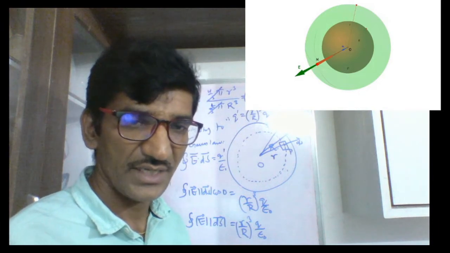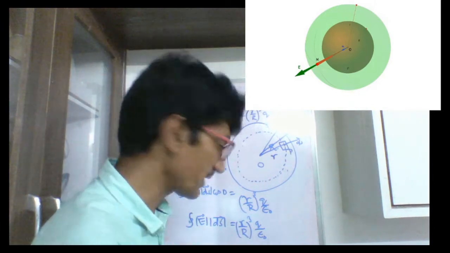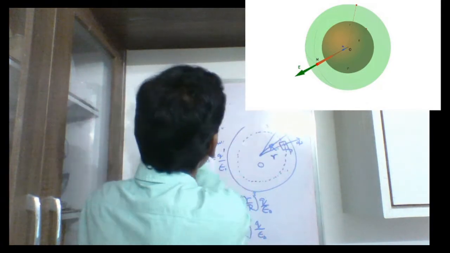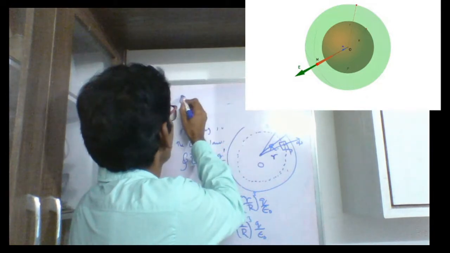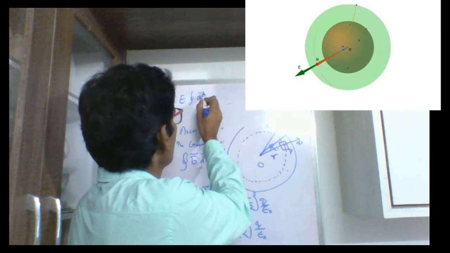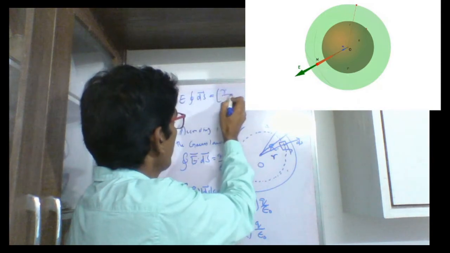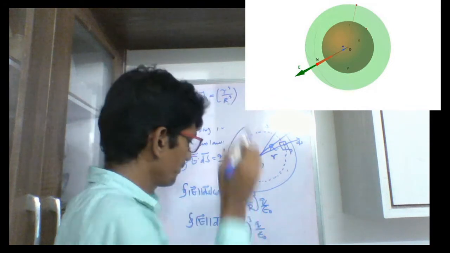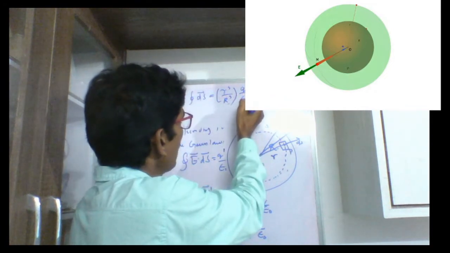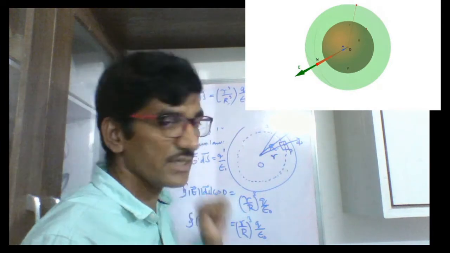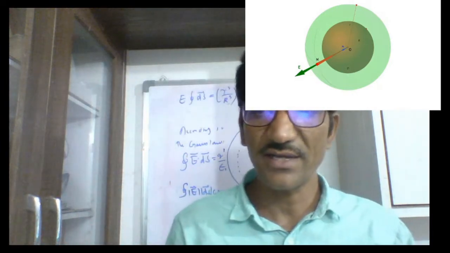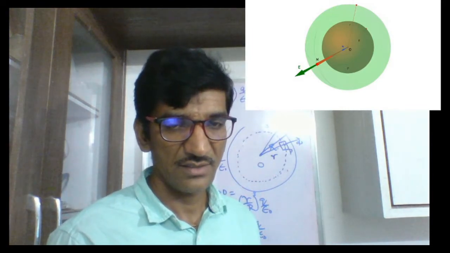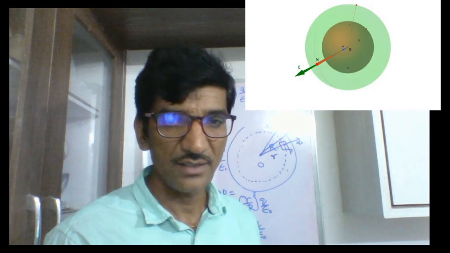Now your E is constant. What I am saying is E is constant. That's why you may pull out E. You write E outside of this integral symbol. Here you are having only ds. On this side you have r cube by R cube by epsilon naught. Now what is this integral ds? It's the total surface area of the Gaussian sphere. What is that? 4 pi.